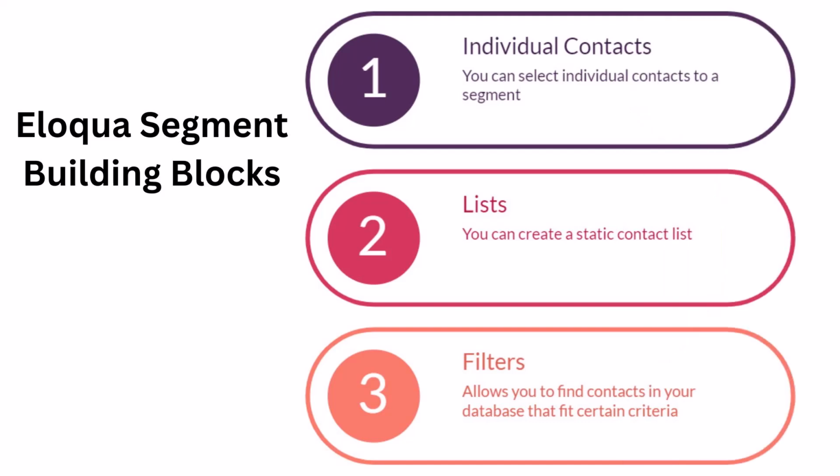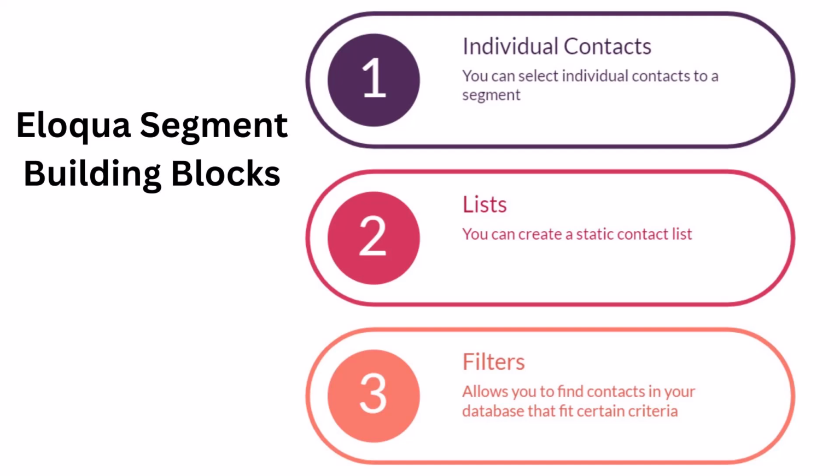Now let's talk about the building blocks used to build the Eloqua segments. You could build a segment with individual contacts. Basically, you can select a certain individual contact to add to that specific segment. You can use something called lists, which would create a static list of a group of contacts to add to the segment. Or you could use something called filters, which basically allows you to find contacts in your database that